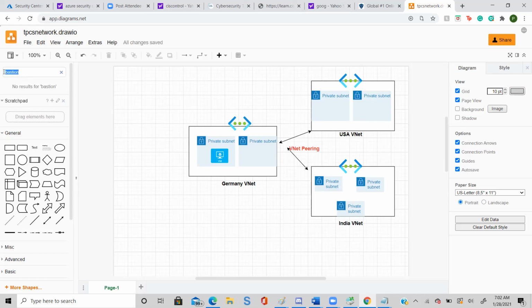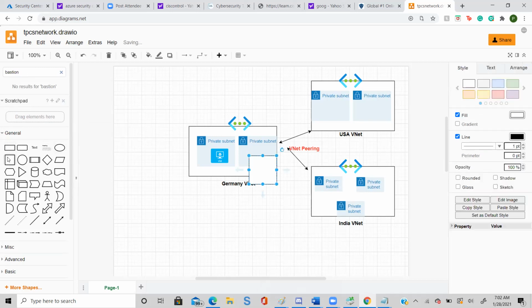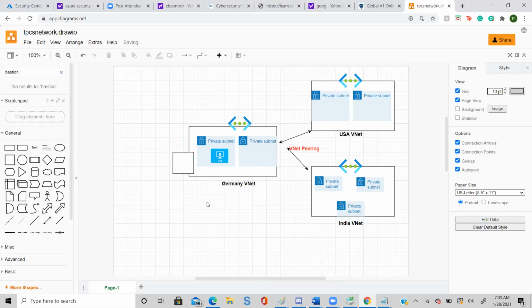So what I am going to do is make one Bastion subnet here. I'm going to put this one here and here, both, half inside, half outside. And where am I creating this Bastion subnet? Only in the Germany VNet.